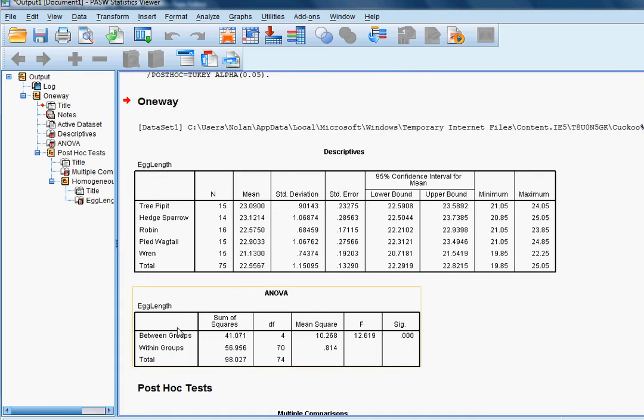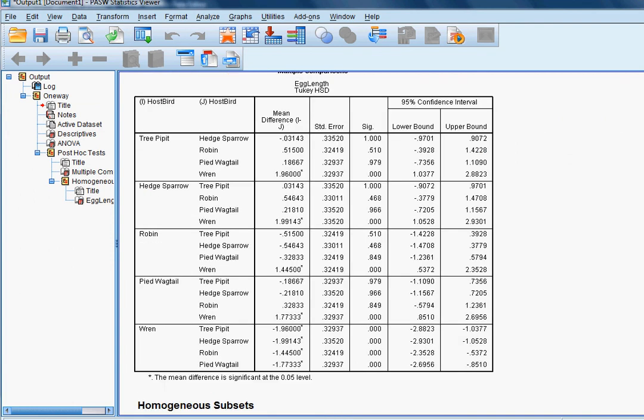The significance is 0.000, or less than 0.001. So that tells us that we have evidence that at least one of the group means is different from the others. And since we had a standard deviation that was within a factor of 2, we can run the Tukey post hoc test, and that will be more specific and tell us the difference between groups. So here is that Tukey post hoc test,